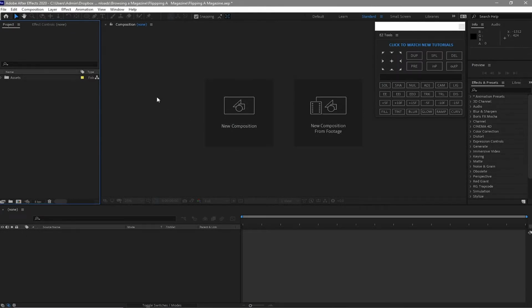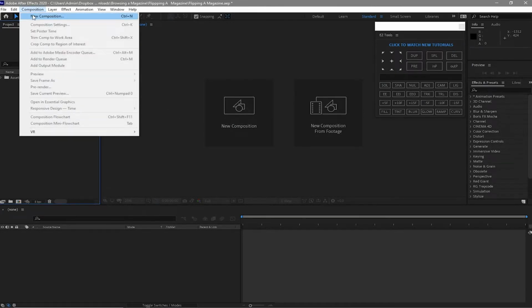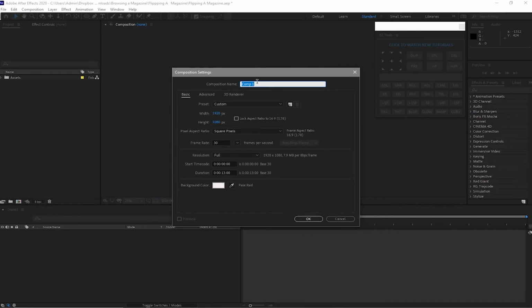First thing I will do is to create a new composition, and I will name it flipping a page. 1920 by 1080p, 30 frames per second, 13 seconds duration, and I will make the background white, and I will click OK.